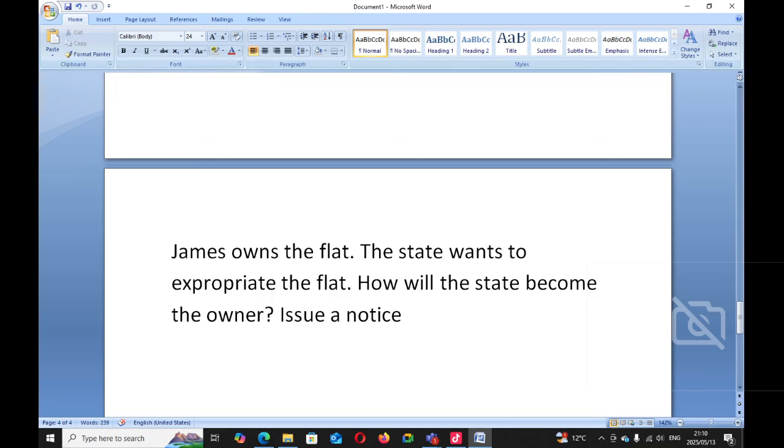So how will the state become the owner? By issuing a notice. You must never forget that. So if the state issues a notice, it's not the state only. I told you that even the court order